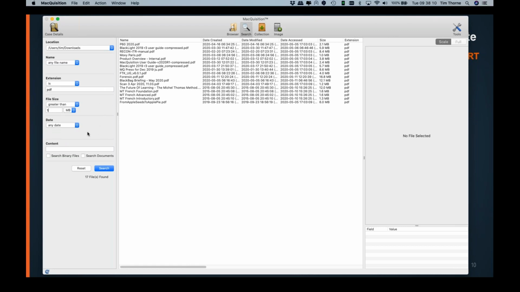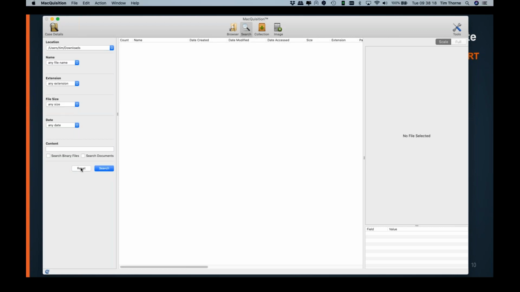So let's come back out of this now, and I want to show you a different way of searching. I'm going to hit the reset button. There's a button here that will clear this and give me the ability to reset. Now that I've reset everything, let's look at searching for a document within the downloads folder. I've kept my downloads folder available, and now I'm going to search for something I spotted when we were there a second ago. If I search for British, and search within documents and binary files, and hit search,